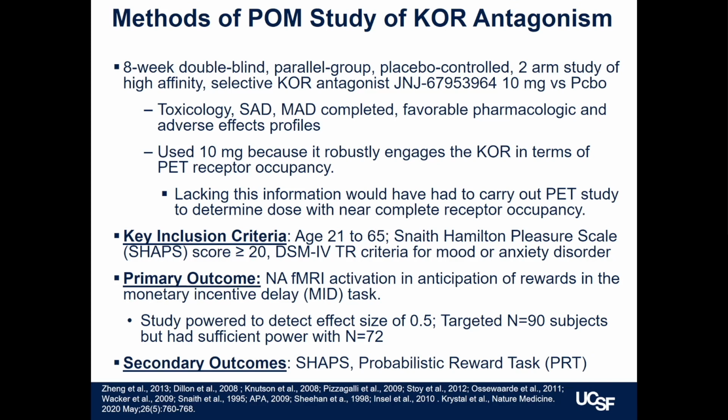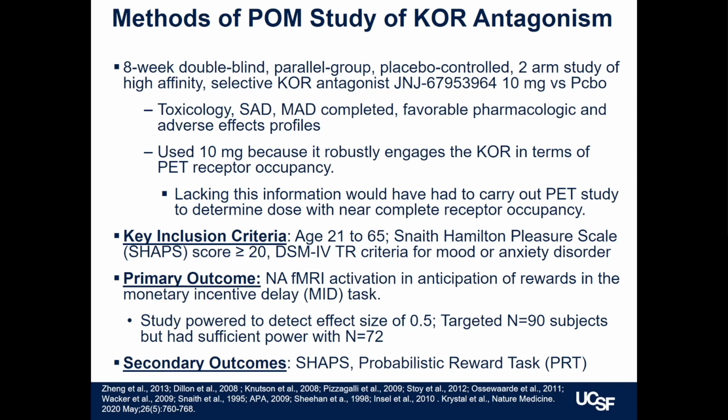It's complicated. I won't go into the details of it. But anyway, I approached them and they said, sure, if you want, you can use this drug. And it already had the critical ingredients in place. First of all, we knew toxicology had been done. Its single ascending and multiple ascending dosing had been carried out. And it had a great adverse effect profile, but it was a specific drug for kappa opioid receptors, very potent and specific. And there was a PET ligand that could be used to measure receptor occupancy.